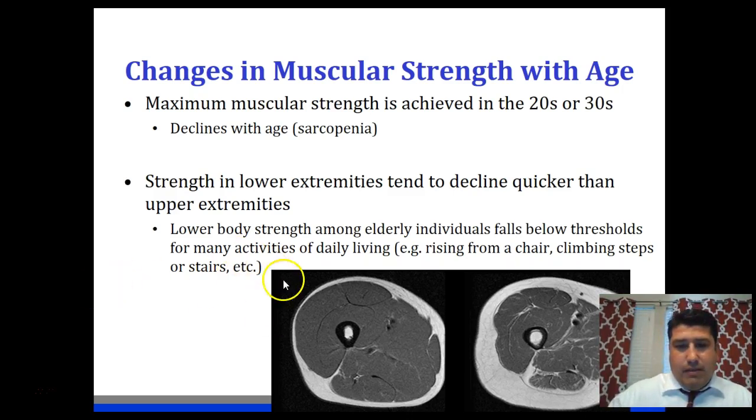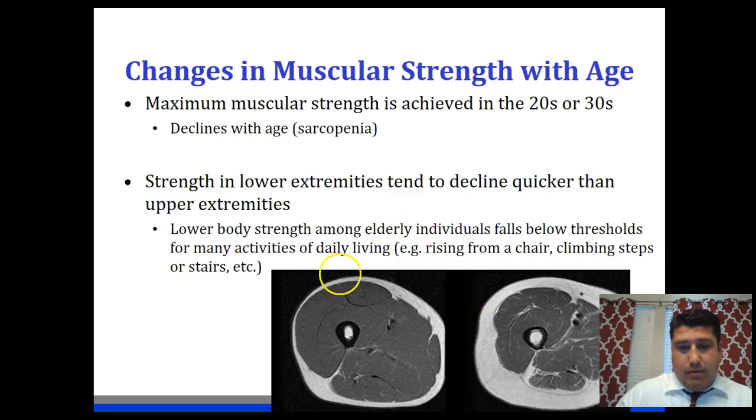Here's a picture of decline in muscle due to age. Now, I don't think you could see the bottom captions of the picture, but this picture on the left is a cross-sectional image of the quadriceps muscle looking from the superior. So this is like if I was to cut somebody's leg in half, I'd be looking down through it as if I was standing at head level, looking down to their feet.